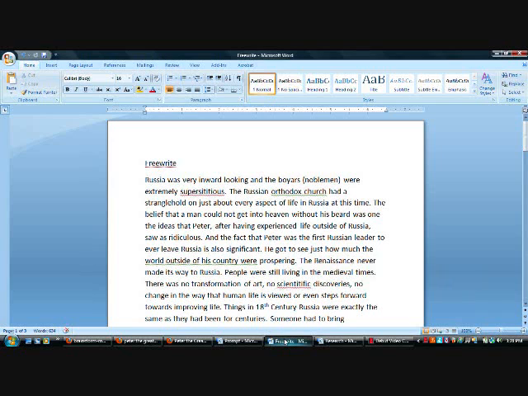I wrote about what I already knew about Peter the Great and westernization and just kept typing. From this, I understood a little bit better about what direction I wanted to take the topic. I knew that I wanted to talk about how westernization helped women, how it helped Russia become a world power, but also how much damage it did. So with these ideas in mind, I started doing my research.